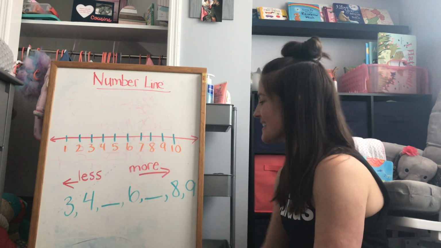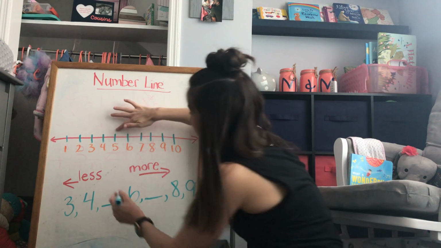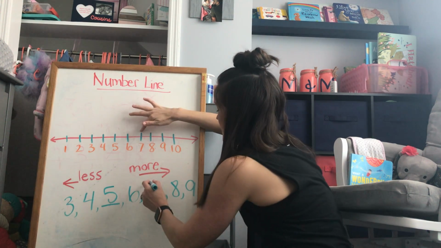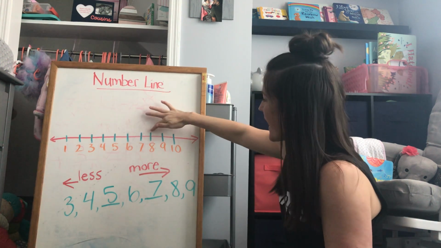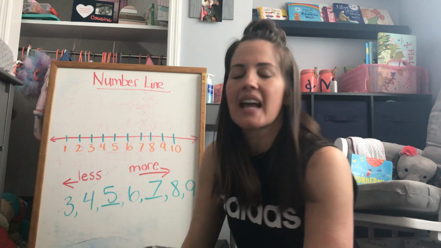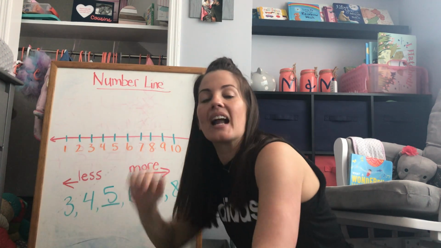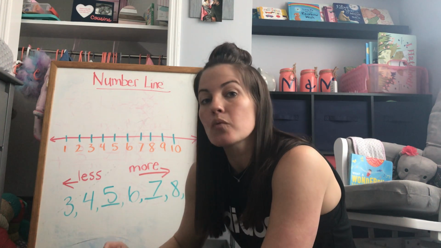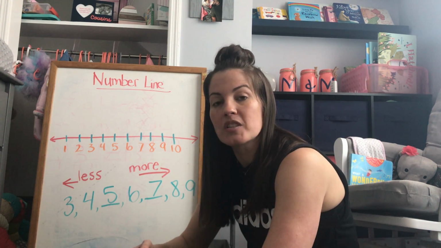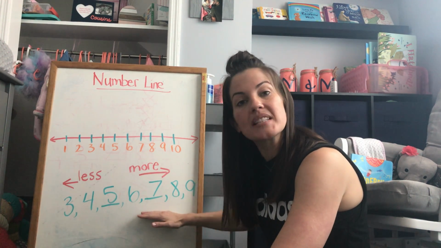Okay, you're back. Let's see. 3, 4, 5, 6, 7, 8, 9. Now, some friends are such good mathematicians and they're really great at mental math. You might not have needed to look at the number line at all, but the number line is a resource to help you count, to help you add, to help you subtract, to get numbers that are more and less, or like we just did, missing numbers.